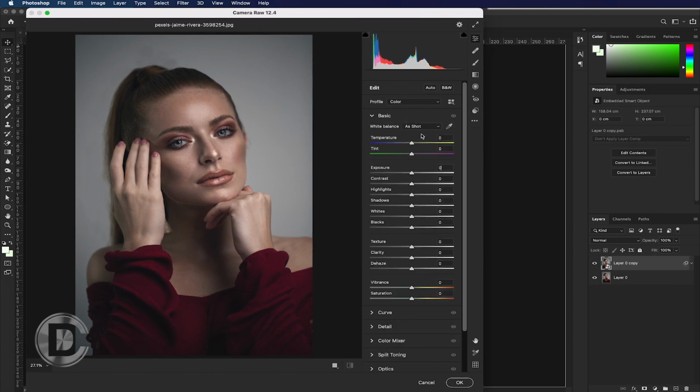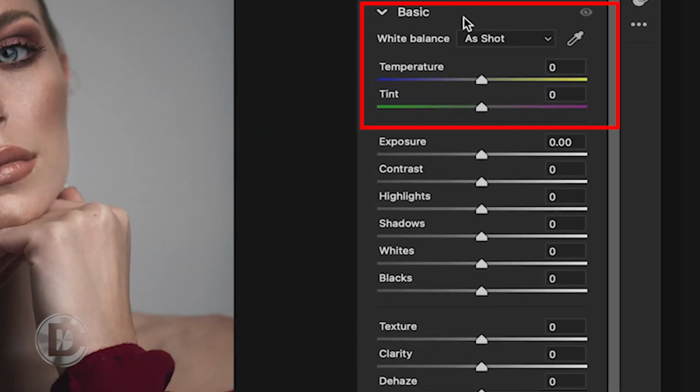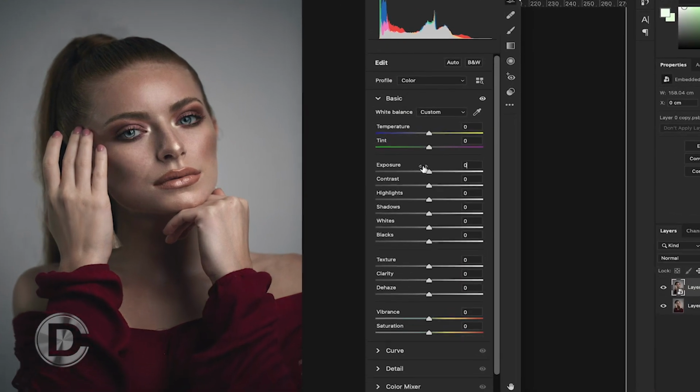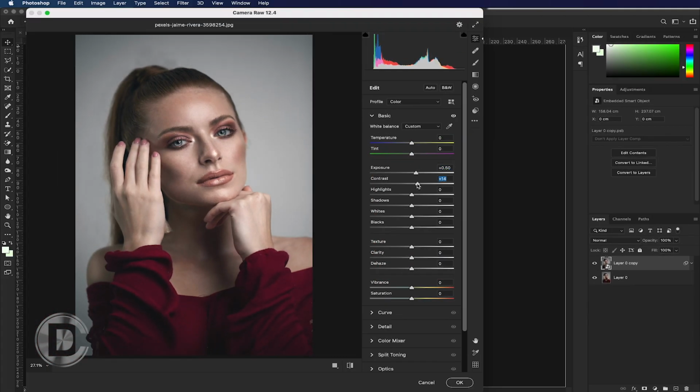You can adjust your image white balance and choose auto, but if you don't like that, you can simply choose custom settings. Now in this panel you can see there is a temperature and tint effect. You can add colors and down the colors of your picture. So with the exposure, contrast, highlight, shadows, whites and blacks, you can simply adjust your image lights by increasing exposure, and contrast you can simply increase the image light.